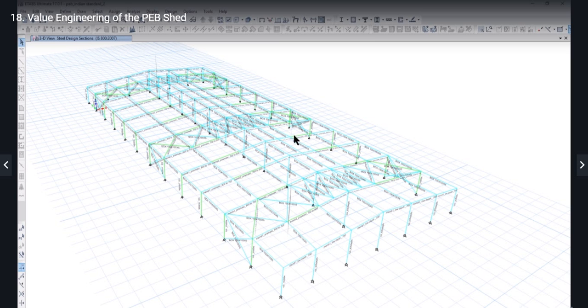So here we can see that no section is in red color. That is unlike initially, there are various members which were lying in this range, that is the members were getting failed, but now all the members are either in green or in blue, that is, all the members are safe. After that